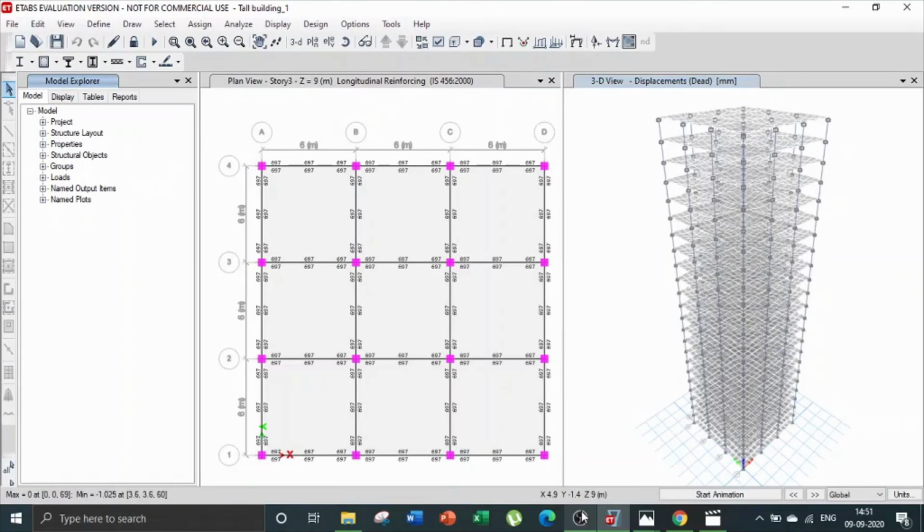After the software completes the design, you can see the reinforcement value required at the different locations in the structure as shown in the plan area. You can select the up and down arrow to see the different reinforcement at different storeys by clicking up and down arrow. Now you have drawn, analyzed and designed the tall building of 23 storeys.